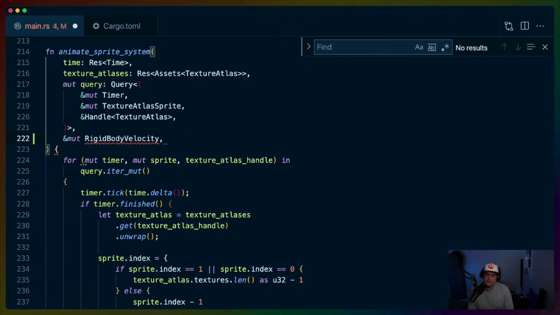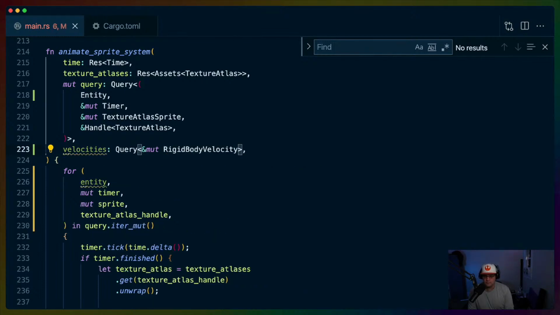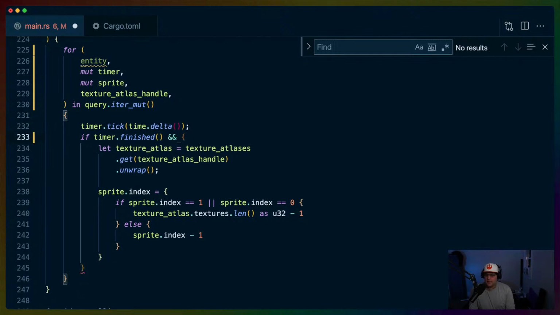So we get the timer, the texture atlas sprite, a handle to the texture atlas, and a mut rigid body velocity. This is just ticking the texture atlas sprite. So we don't have a reference to what entity there is. So let's do this, and then we'll do entity, and we'll do query for rigid body velocity. And then in here, we will, if timer.finished and